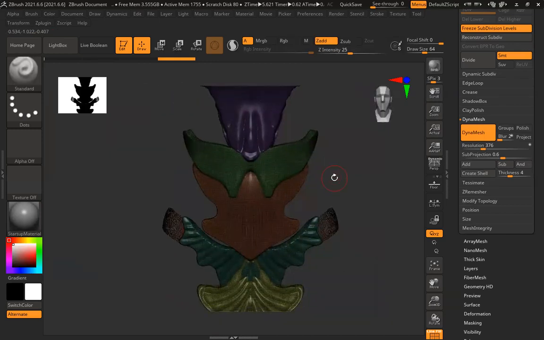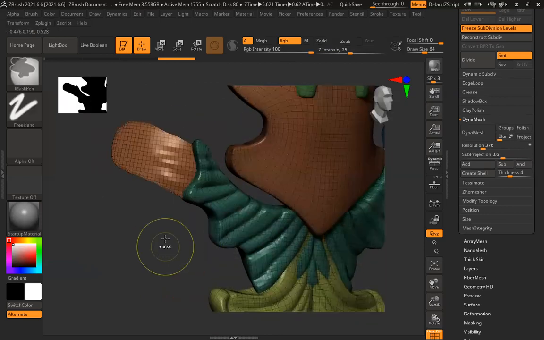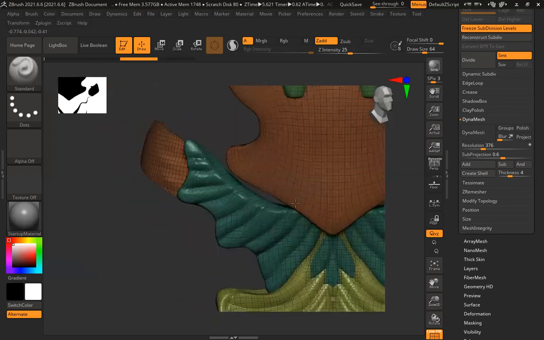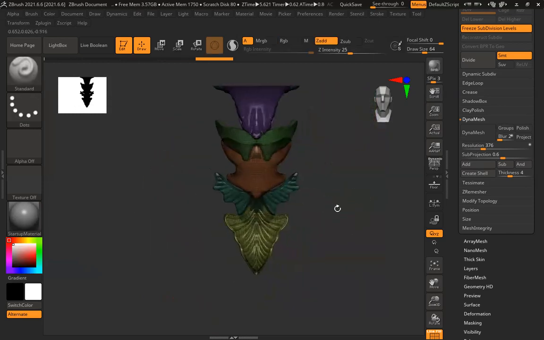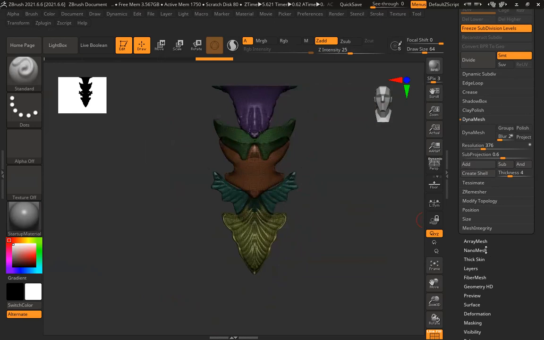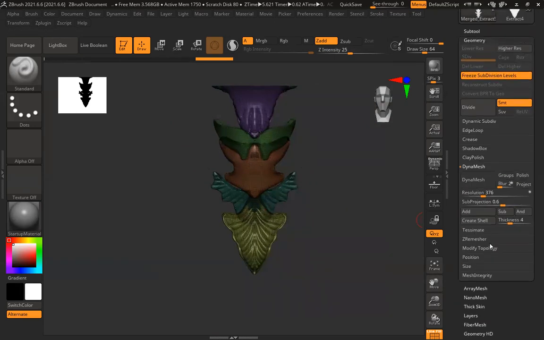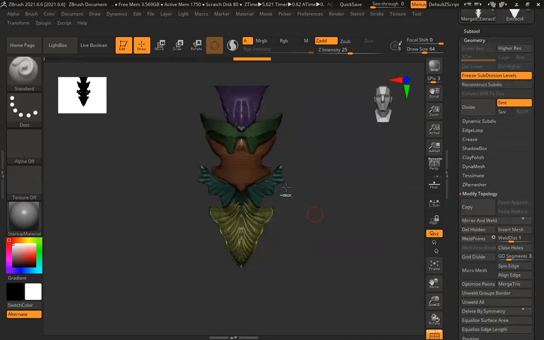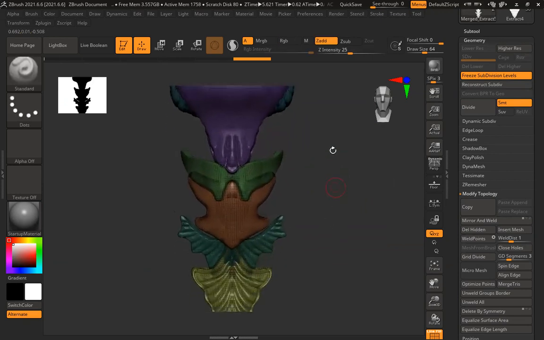Now I want to retopo this model. So how do I do it? Okay, there is an issue. This thing is so thin, so you cannot use it. So I'll just hide this one. It's hidden. So I'll just delete that section. Add geometry, modify topology. That is something I can export separately also. Delete hidden. So too thin a surface, if you Dynamesh, it will create holes. So this thing we can do very easily.